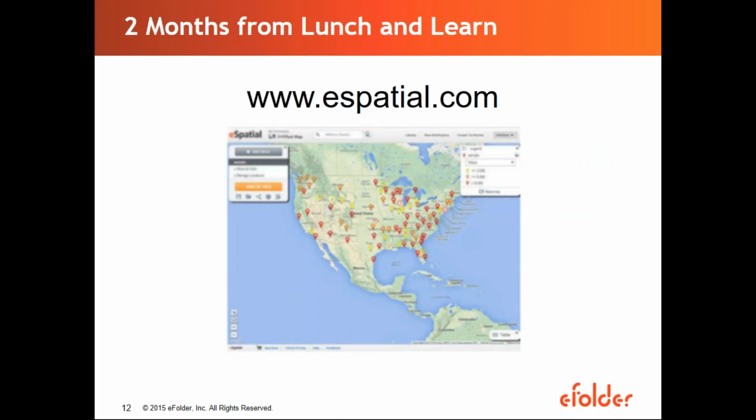So one platform that we use at eFolder is a website called espatial.com. And that's what we use to simply upload a list of all the partners that we have in the States, for example, in this case. And immediately you get an image of where these companies are located. And just having a visual representation like that makes it so much easier to select locations that make logistical sense and are most promising to yield higher registration numbers.